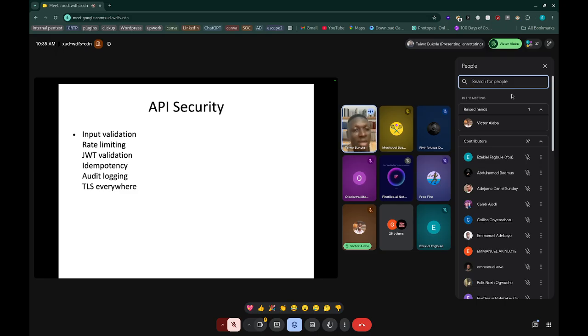Next is JWT validation, which is about your authentication layer. Those are part of the authentication mechanisms. We currently use different mechanisms: JWT bearer token, OAuth 2 server, API keys, basic auth. With JWT validation, you ensure that you are validating your JWT.